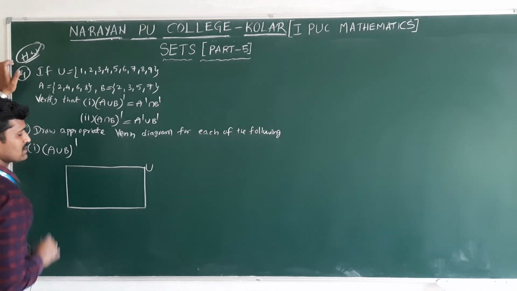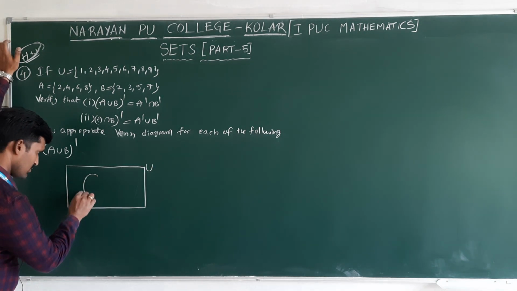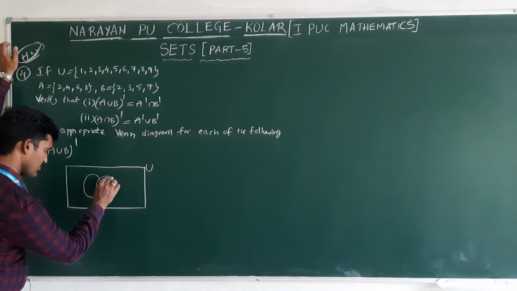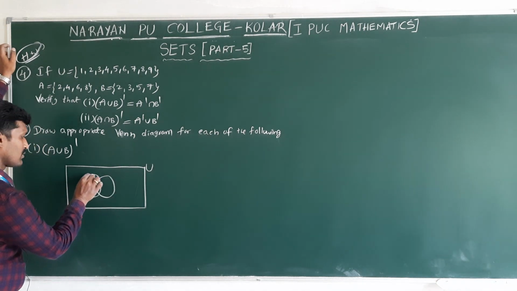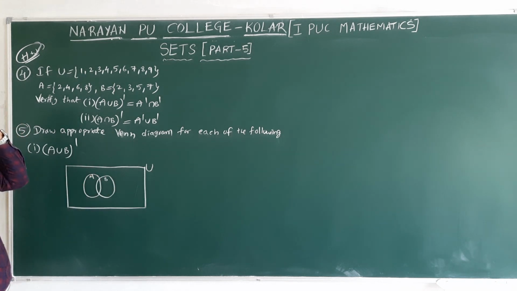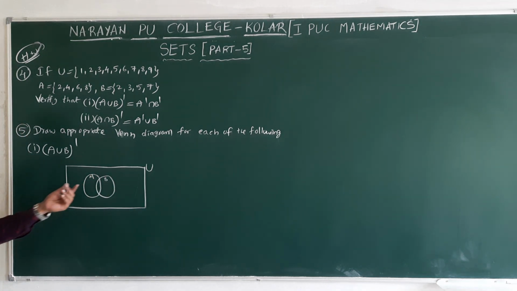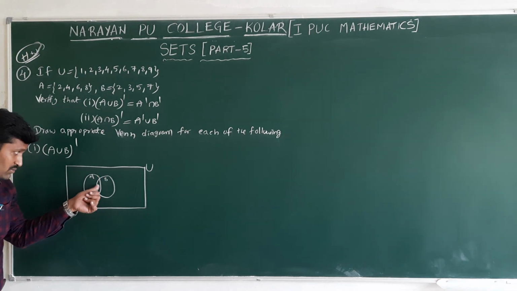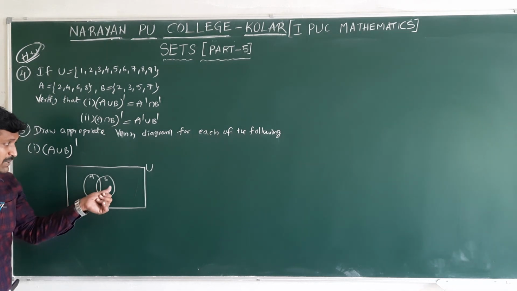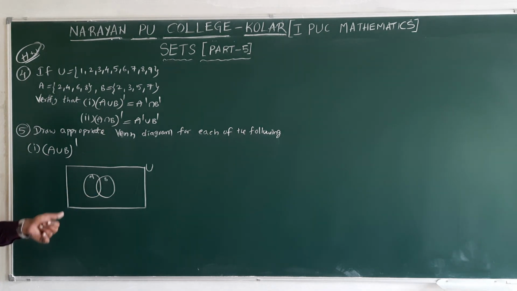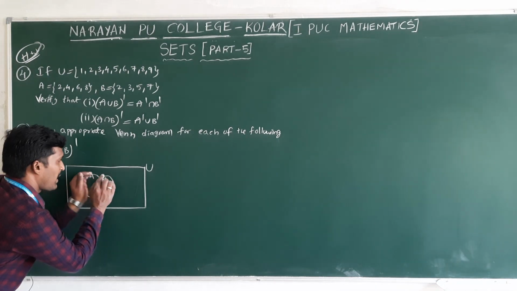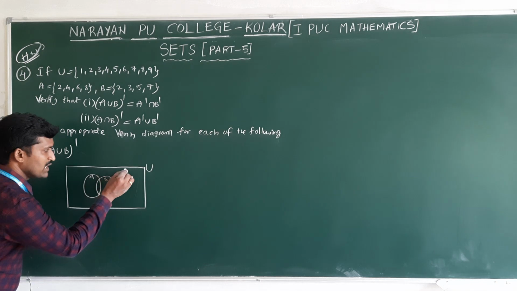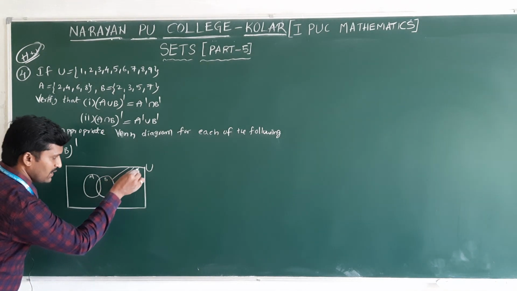It's the complete universal set. This is A. This is B. Actually this complete part, whatever is this, is called A union B, the complete part including the intersection, only A, only B. This complete part is A union B. Complement means what? Except this part, the remaining part in the universal set is A union B whole dash. That's why we need to shade only this part, except in the circles.